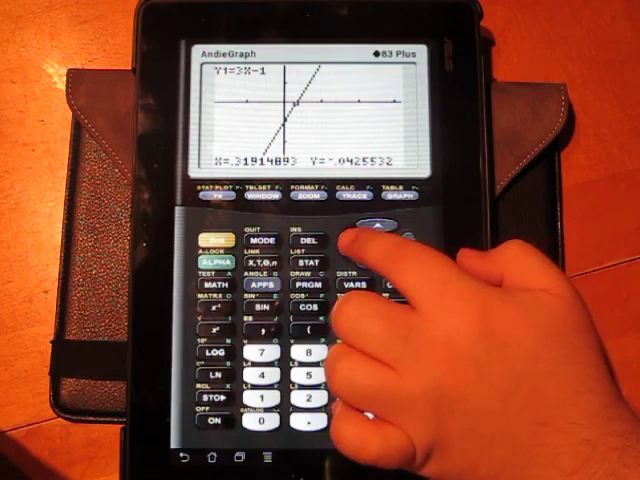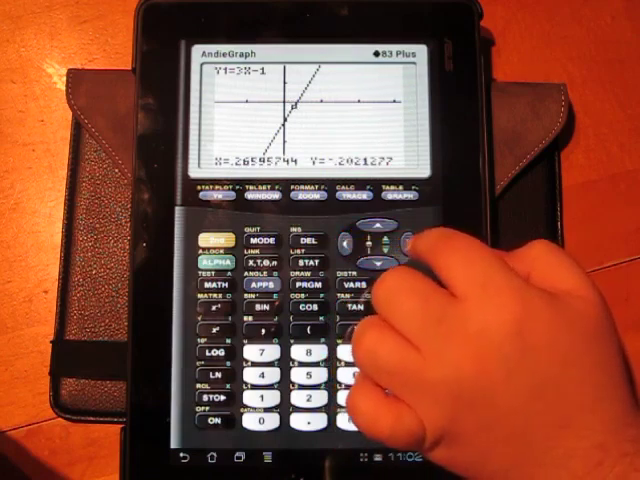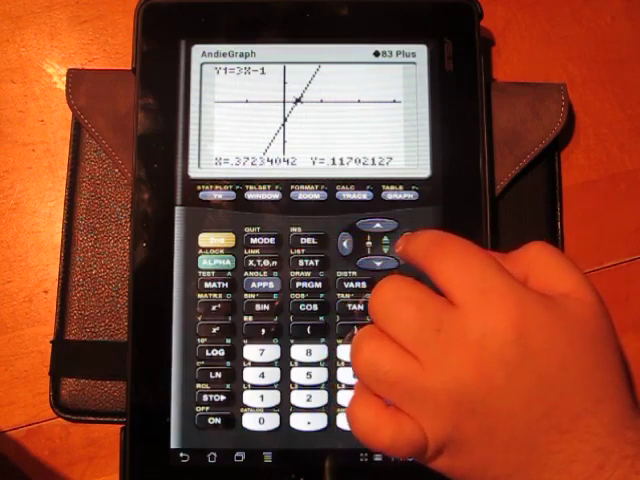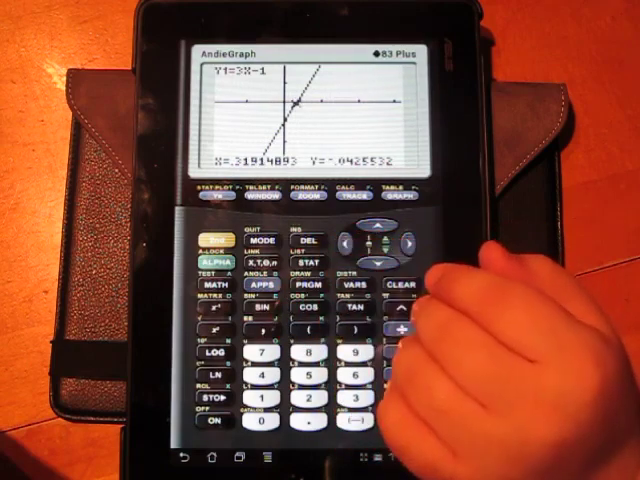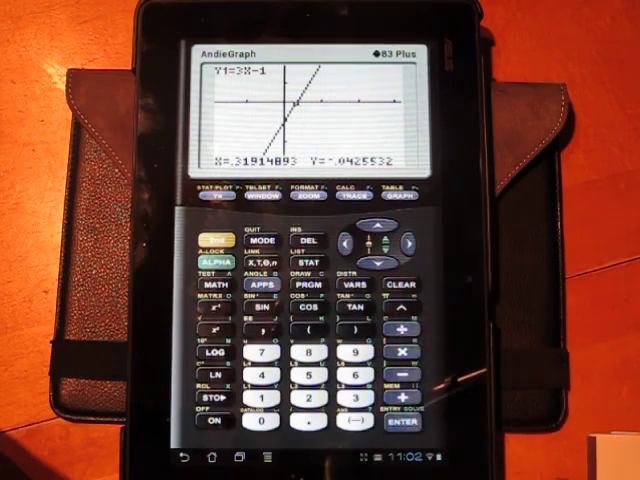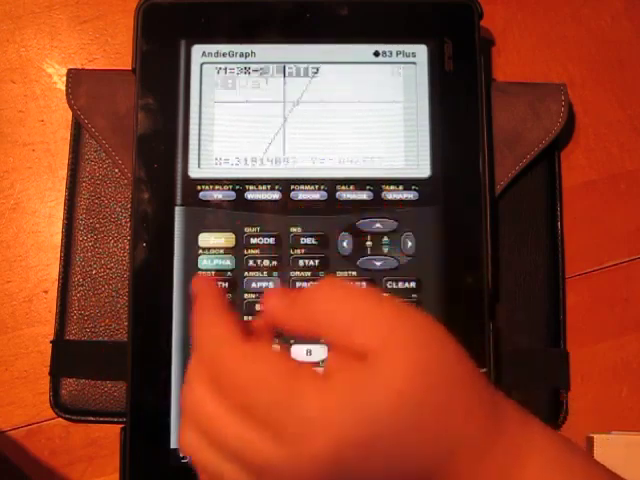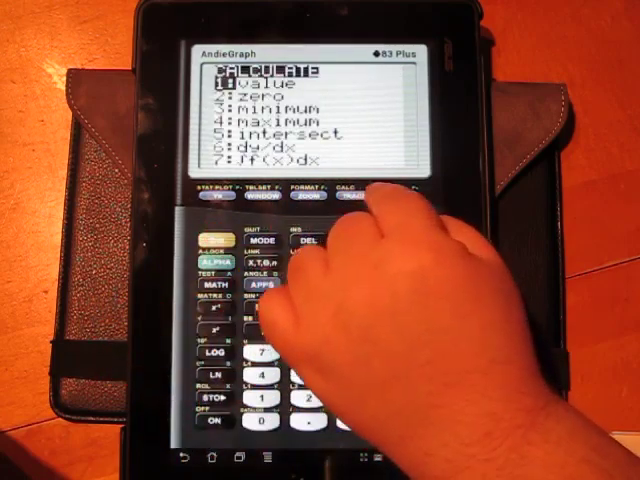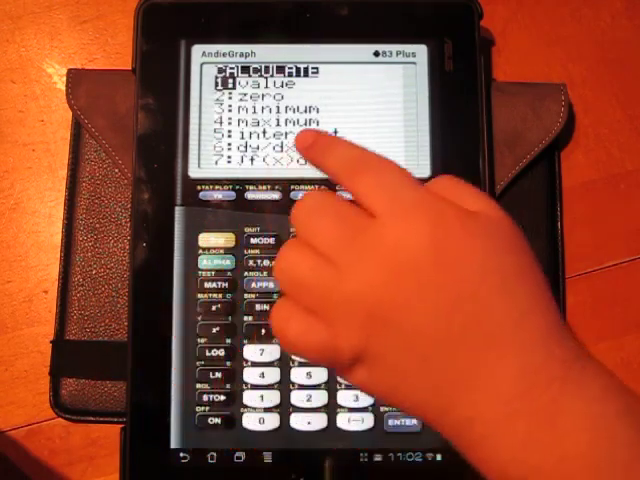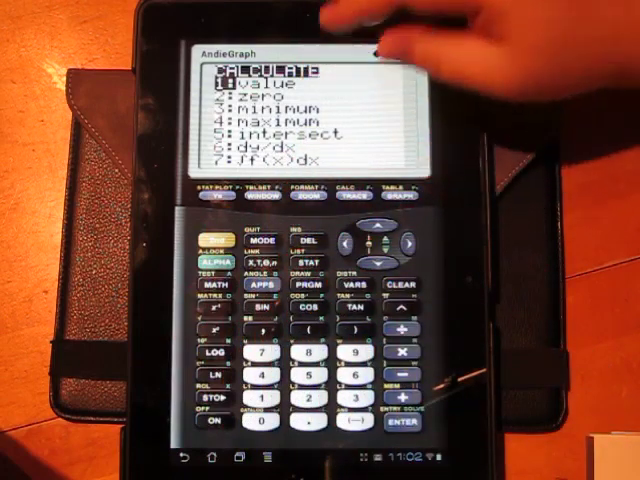I'm not going to get a perfect answer here, but I'm going to get pretty close. X is going to be around 3.2. If I want a better value, I have another function. Second function trace gives you this calculate menu, calc. And you can calculate a value, so you can